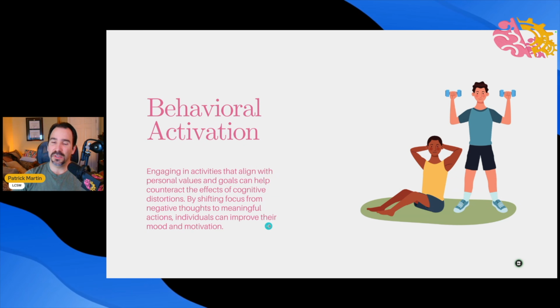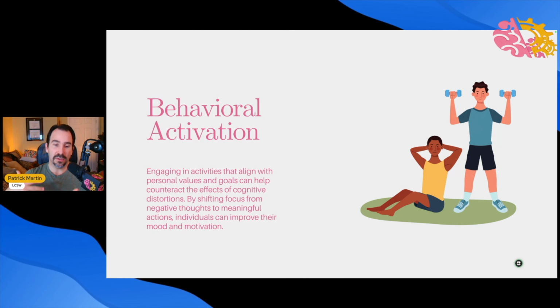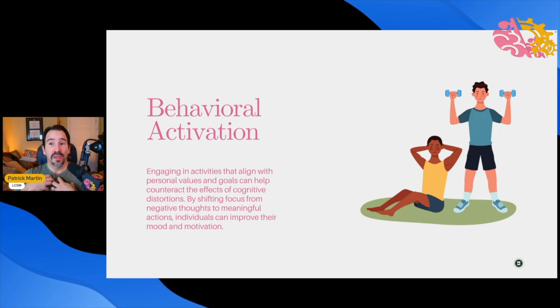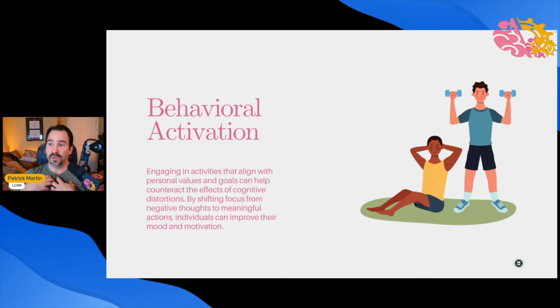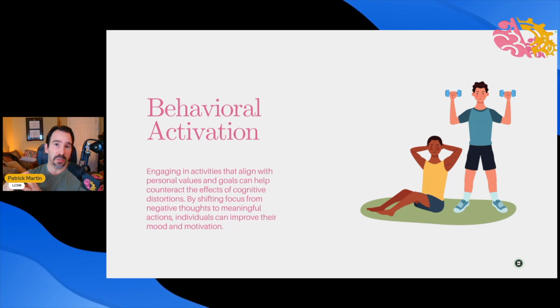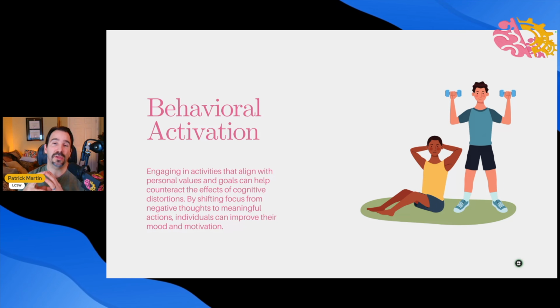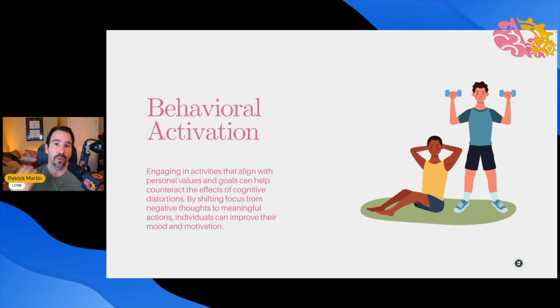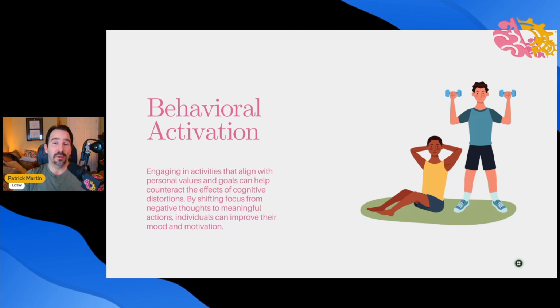Another thing that helps is when we start living in alignment with our values. As you start to identify your core beliefs and your negative thoughts, and you start to challenge those, you get more in touch with what your values are, then you can start to live in alignment with your values, right? And you shift your focus from your negative thoughts into action, right? Rather than focusing on the outcome, which we can't control, we can then start to shift our energy and our focus onto action and things we can control. And that will lead to better outcomes, which will then reinforce that reframe of our belief system because now we have proof to back it up, right?